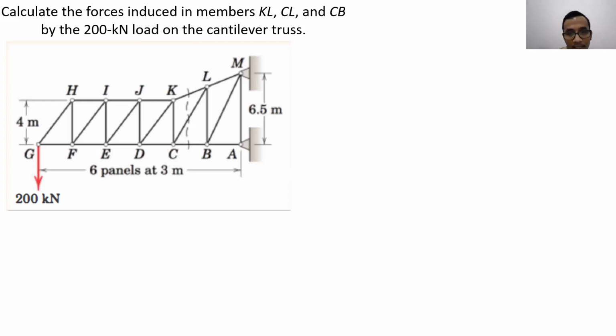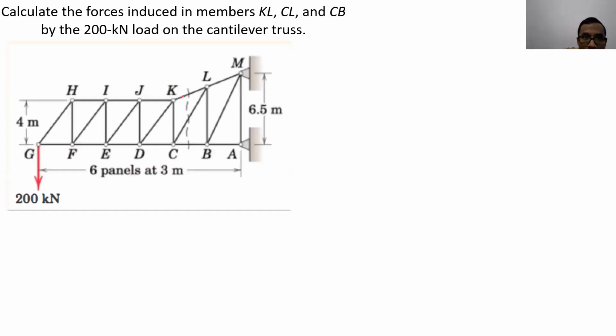Okay, the question here, Daniel. What is the question? We need to find the forces on the members KL, CL, and CB. Only these 3. Correct, right, Daniel? Yes, sir. Only those 3. If I ask you to solve this using joint method,